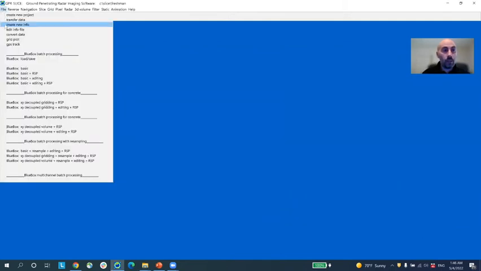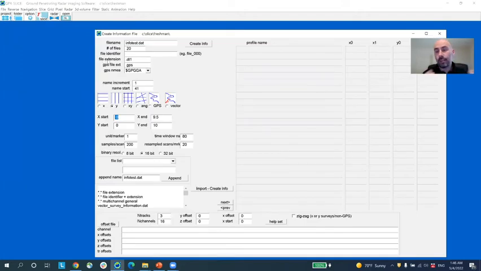And then you create an information file. In this case, imagine somebody collected the data. I don't know exactly all the details, but I need to know the dimensions of the area they collected. If it is a grid, like in this case, what's the orientation or the spacing of the profile. So that's what we do here. We know in this particular case it is a grid of parallel profiles collected at 0.5 meter. These are the dimensions. So I'm going to make here an information file, info webinar,